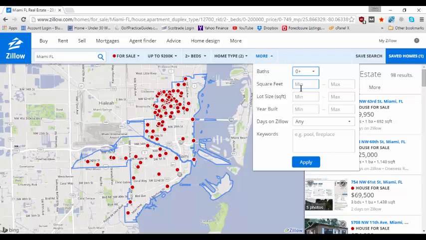Alright, and now we've got the final tab here, the More tab. So you can set how many baths, square footage, lot size, and days on Zillow. But for purchasing